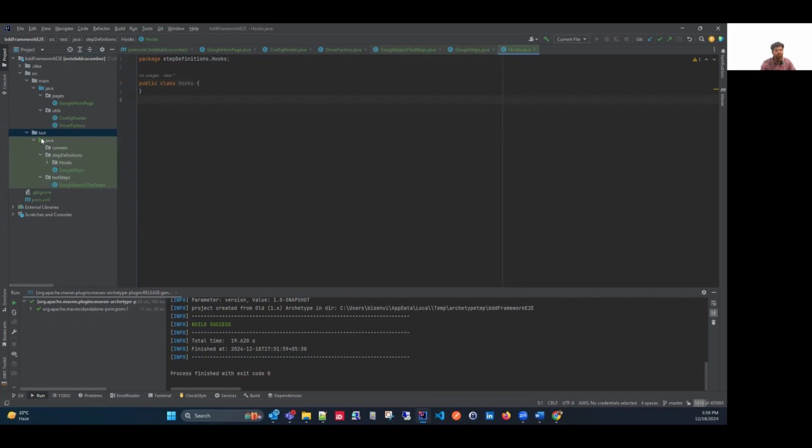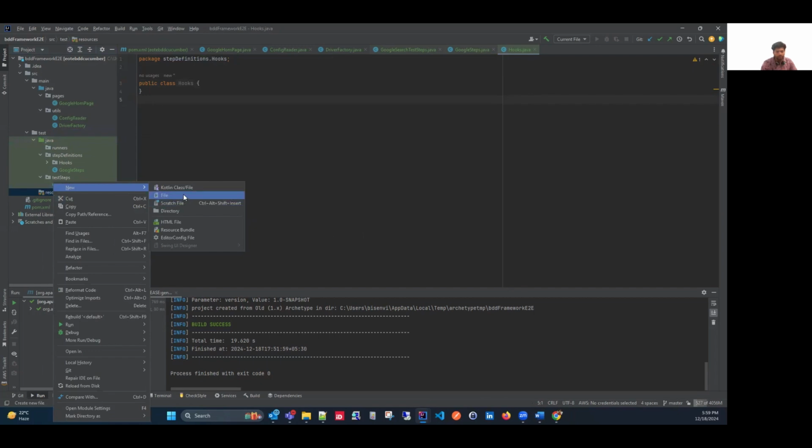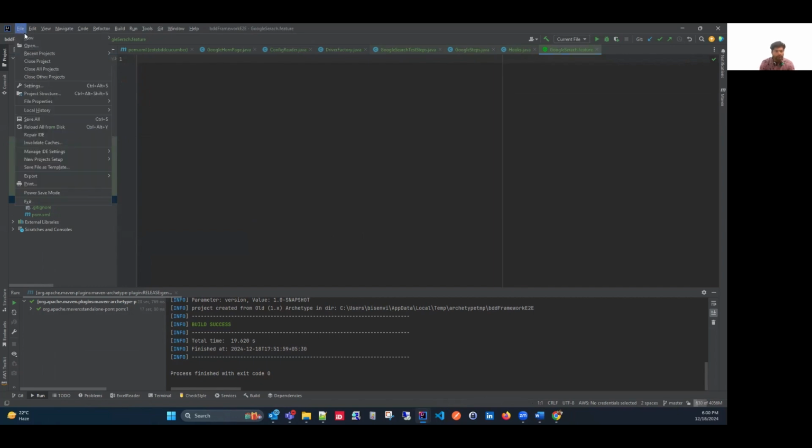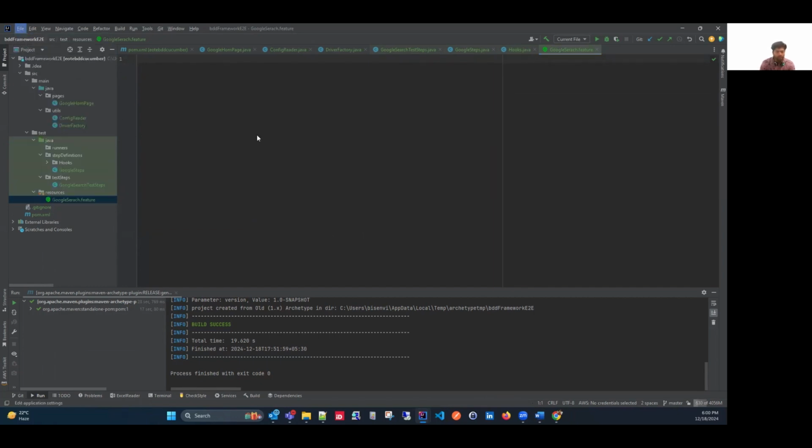Okay, let's create a new package and call it resources, and let's move it under the test folder. In this resources, we will create a file and call it Google search dot feature. So remember that the feature file has the extension dot feature, and also ensure when you check the settings